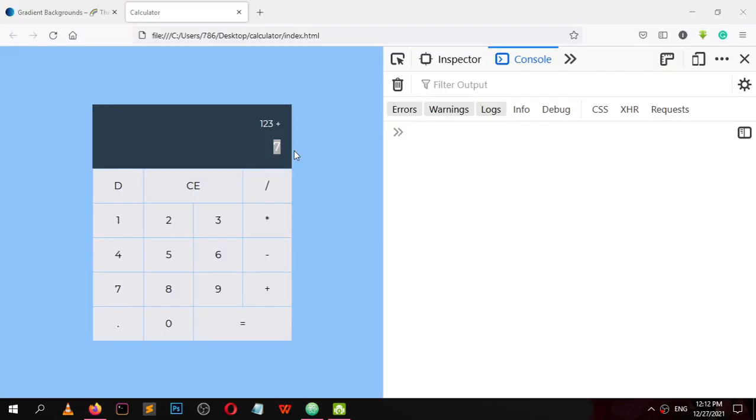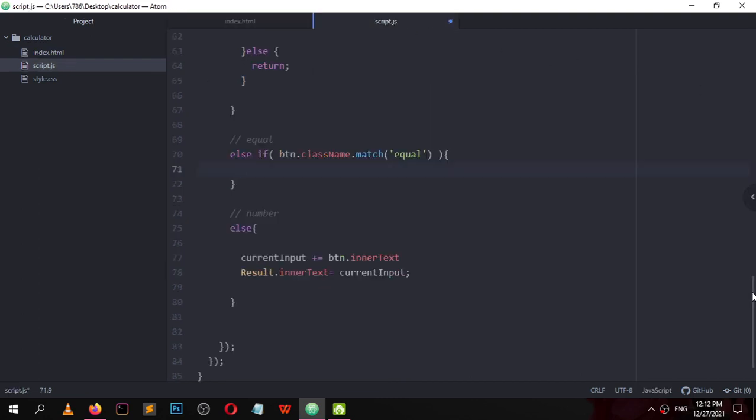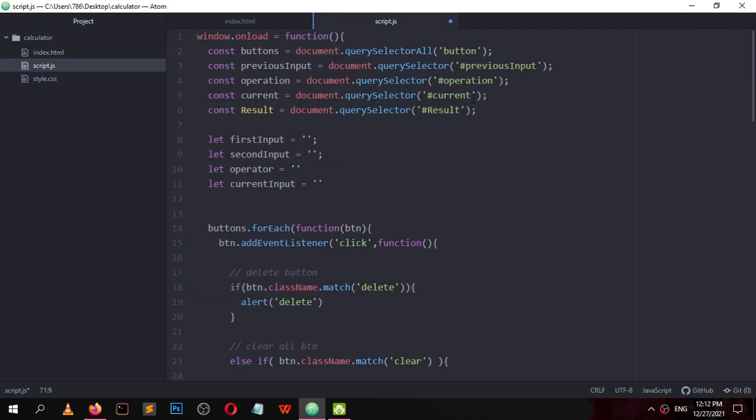So the current, I need to select this current span. We have already selected that current span. Here we go, this current span.